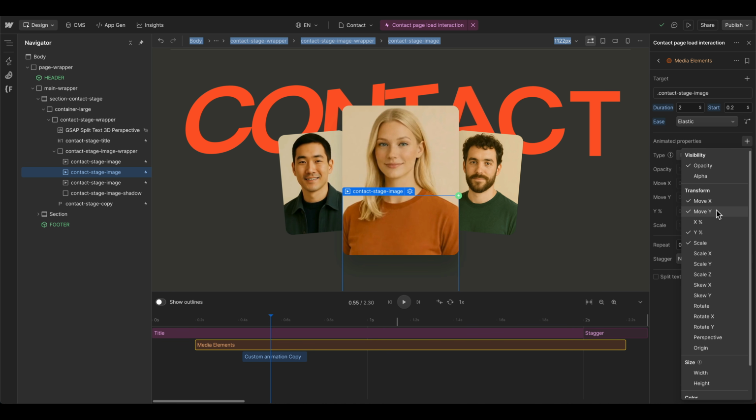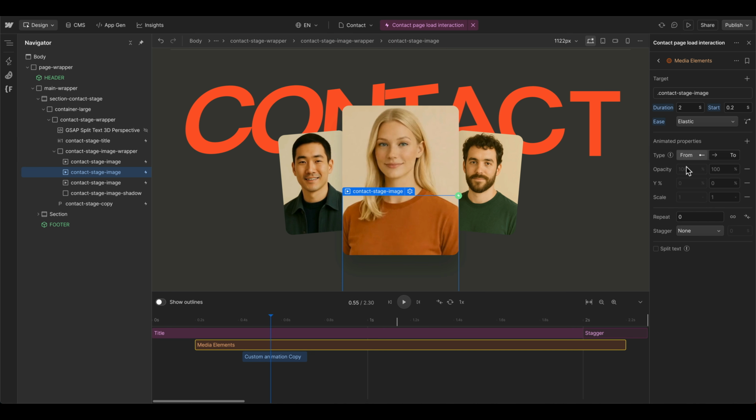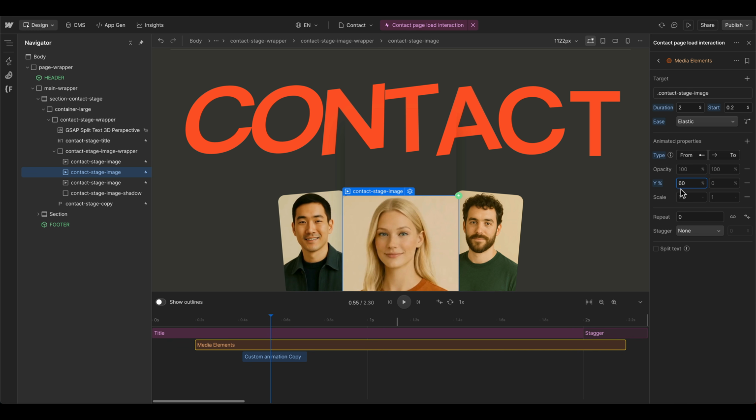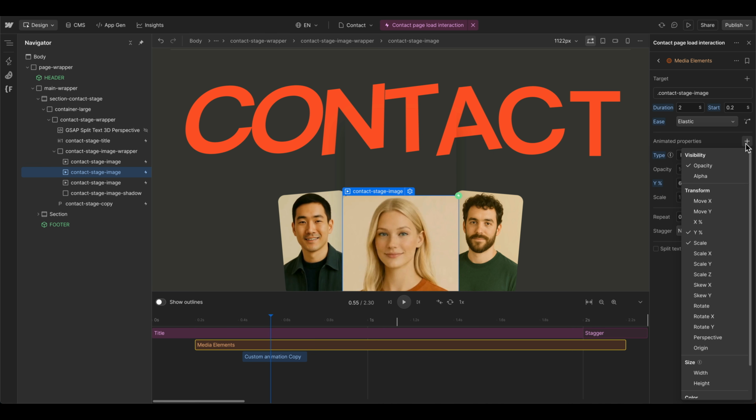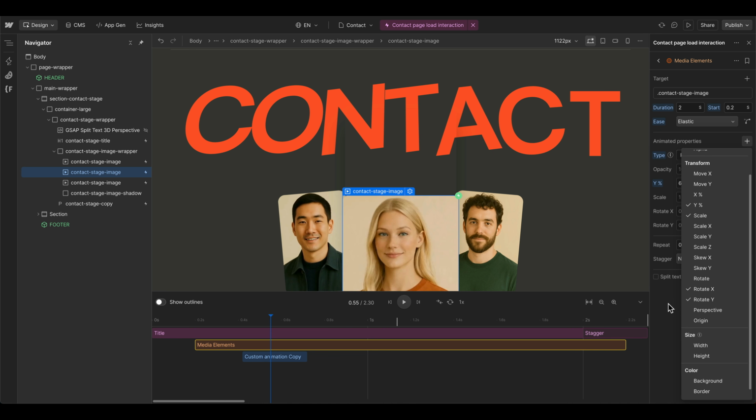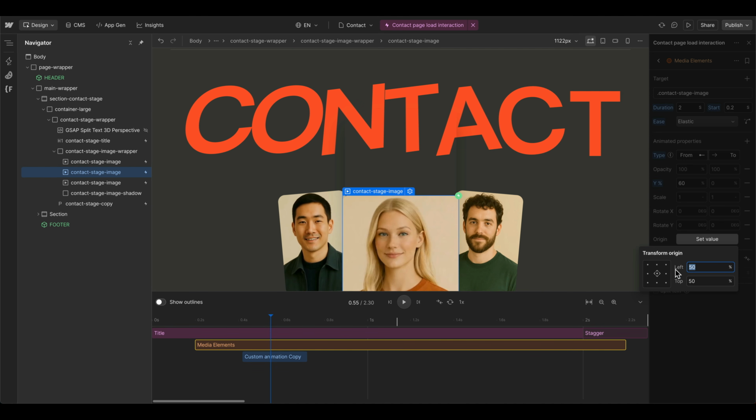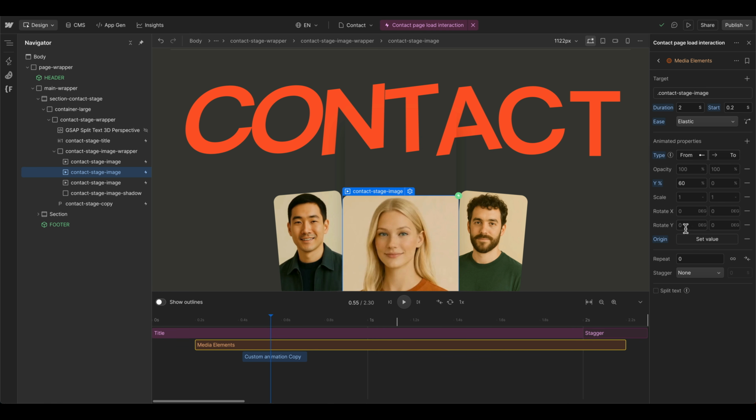We don't need the move Y and X here because if you use this one, it's a percentage value, and that means it's now orienting in the size of this element. So if the size is bigger, the distance would also be bigger. So we can bring them down maybe 60%. And then we also want to rotate them in the 3D environment. So let's bring in the rotate X and Y and also the origin. We use the same origin here at the bottom in the center, and then rotate them in the Y direction,